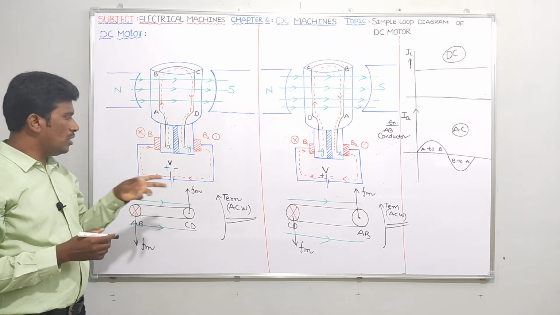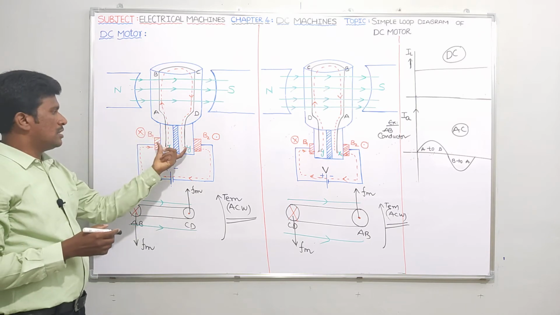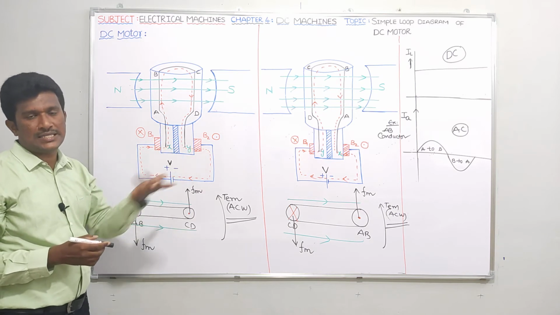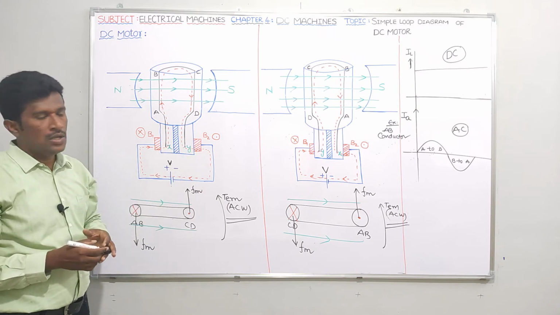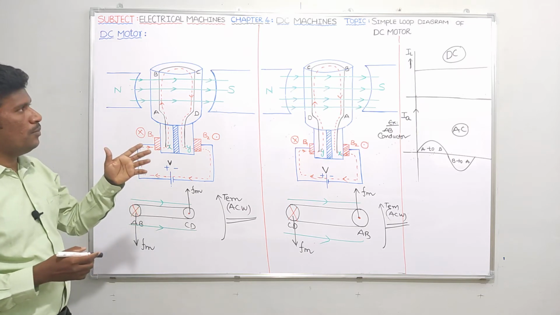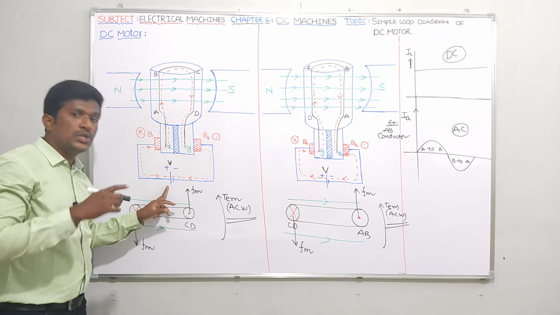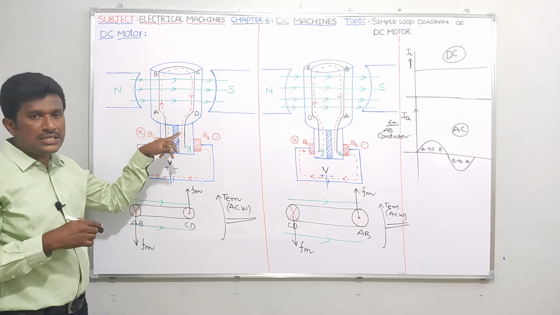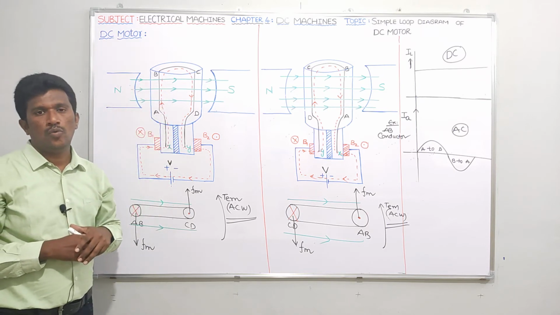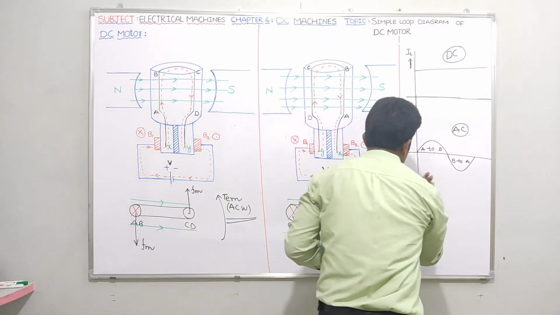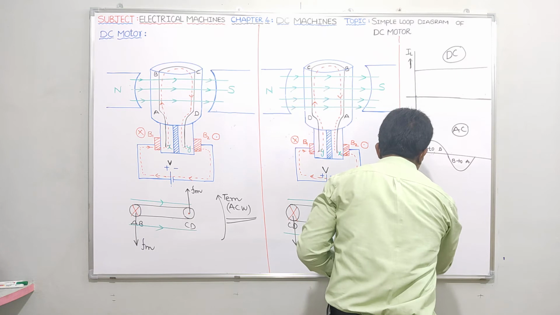Okay, so tell me, who is converting DC supply to AC? Nothing but commutator segments, or commutator, or I can say split rings. Is it clear? So what is the function of a commutator in a DC motor? It converts DC supply to AC, and that AC is given to the armature winding. Is it clear? So let me draw that sequence also, guys. First of all, supply is there.